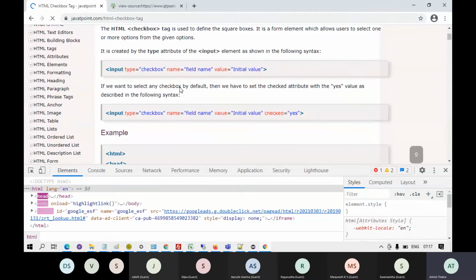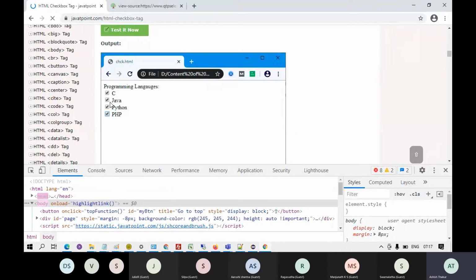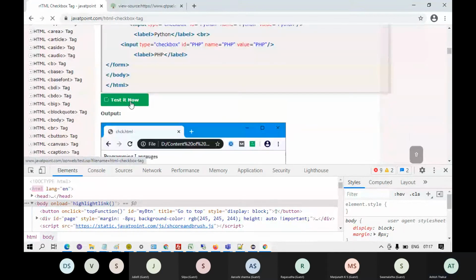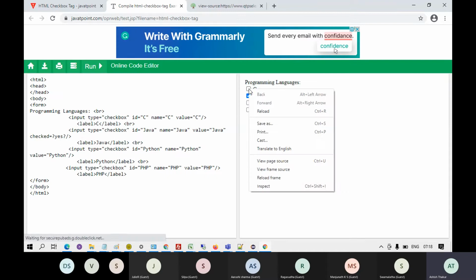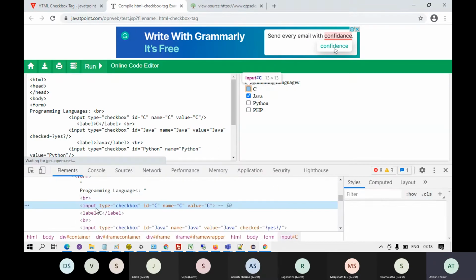So if you look at the HTML checkbox, it looks something like this, right? And over here, if you inspect this checkbox, or even if you inspect the radio button, this is a checkbox. If I inspect it, then you will see the tag name is input.